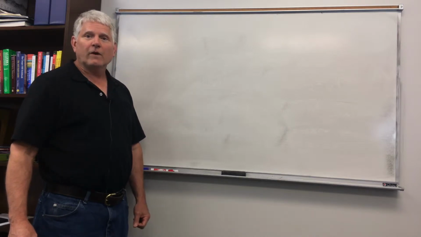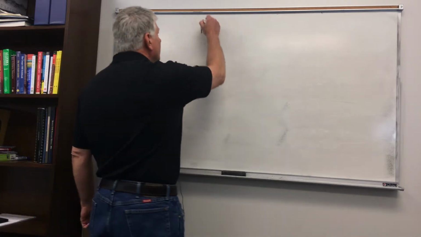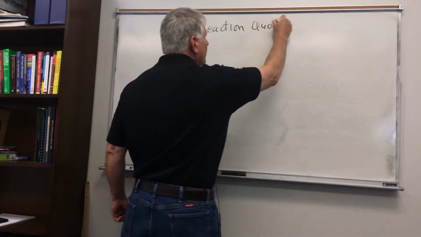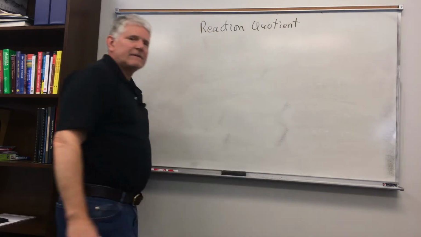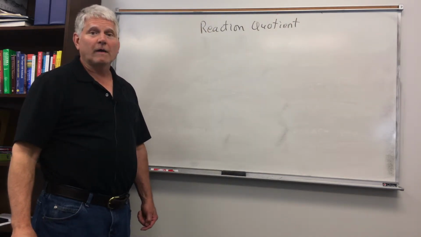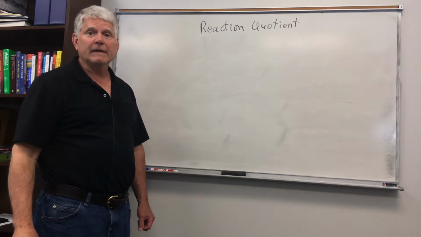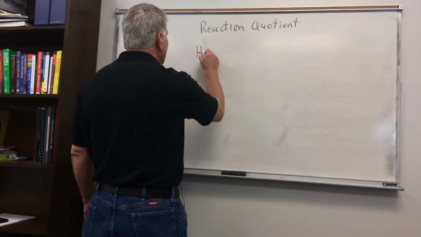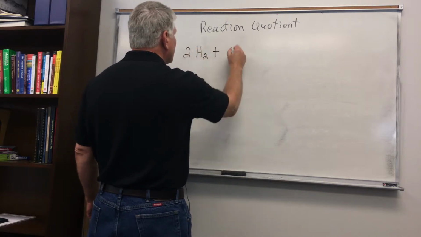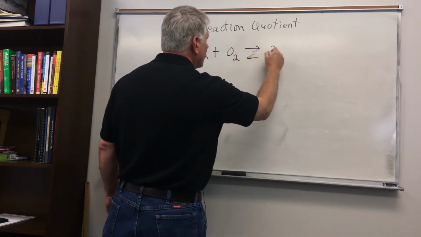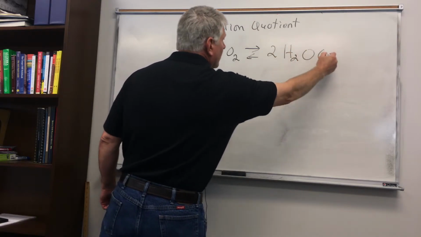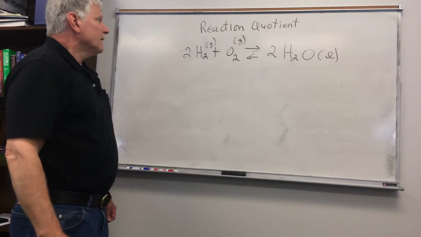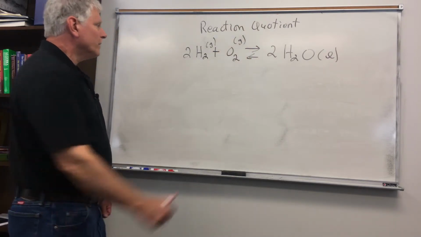Let's consider now what's called the reaction quotient. This has the exact same form of the equilibrium constant, except the reaction does not have to be at equilibrium to use the reaction quotient. So say if we have this reaction, then the reaction quotient would be,